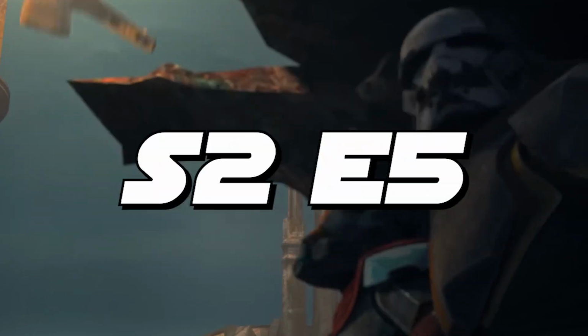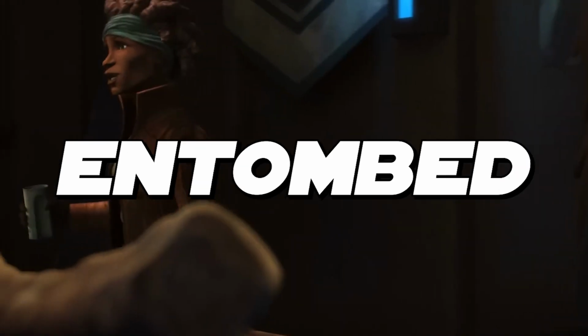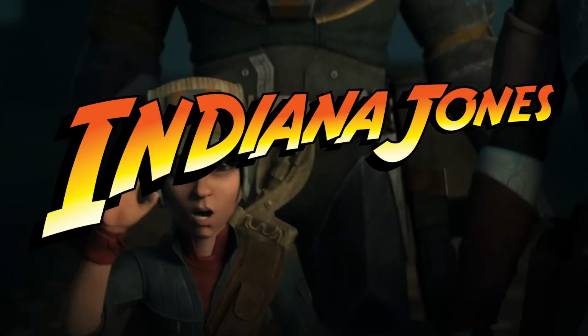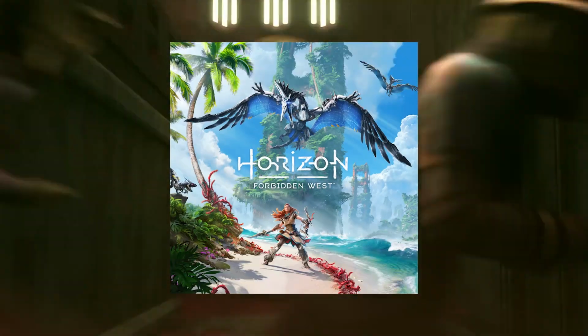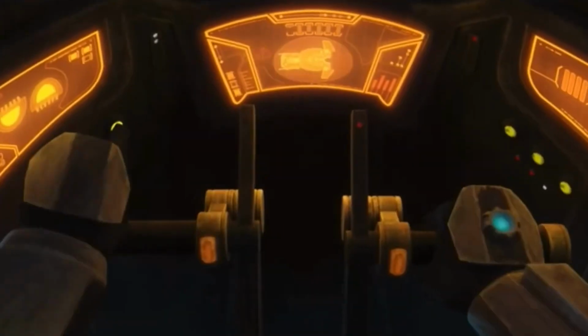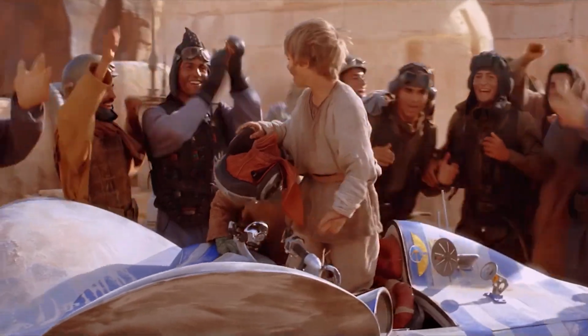The Bad Batch Season 2 Episode 5 is here, with this week's iteration titled Entombed. Episode 5 brought us a fun Star Wars meets Indiana Jones adventure, with nods to games like Jedi Fallen Order and Horizon Zero Dawn also sprinkled in. Like Episode 4 last week, which largely focused around Tech winning a pod race-like event similar to the Phantom Menace,